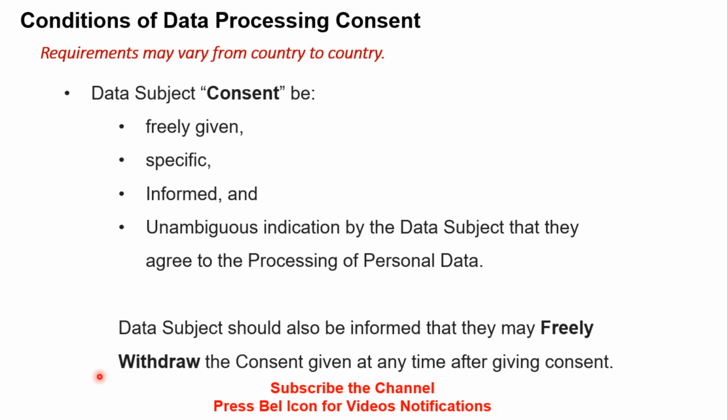not considering to pursue the relationship with the organization, if the purpose is not fulfilled on either party, let's say for example. So the data subject or the individual should have a right to freely withdraw from the consent that he or she provided at the time of sharing the data with the data controller for data processing purposes. So these were the general conditions related to the data subject's consent,